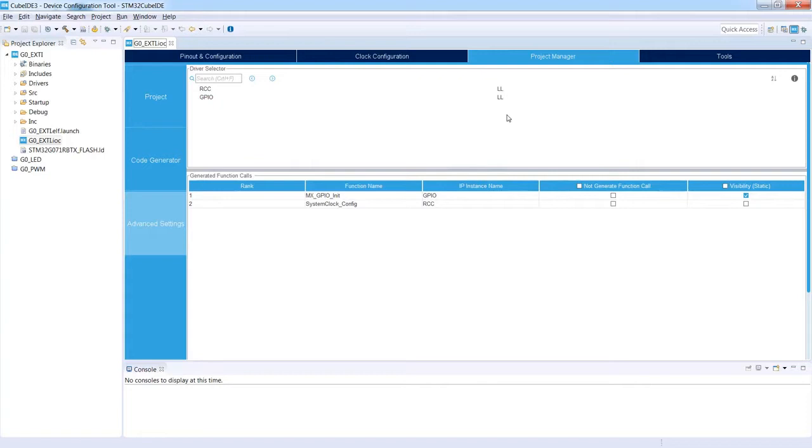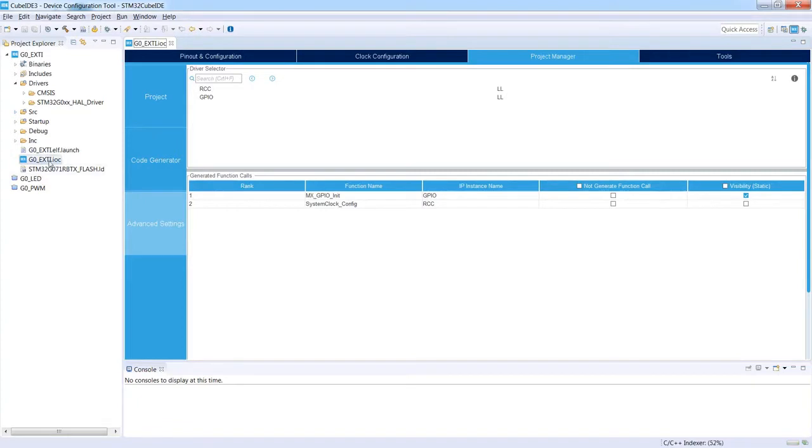Once done, I will generate the code. So I just press Ctrl S to save. And now I need to regenerate the project. So I click this gear icon to generate the new project using low-layer libraries.